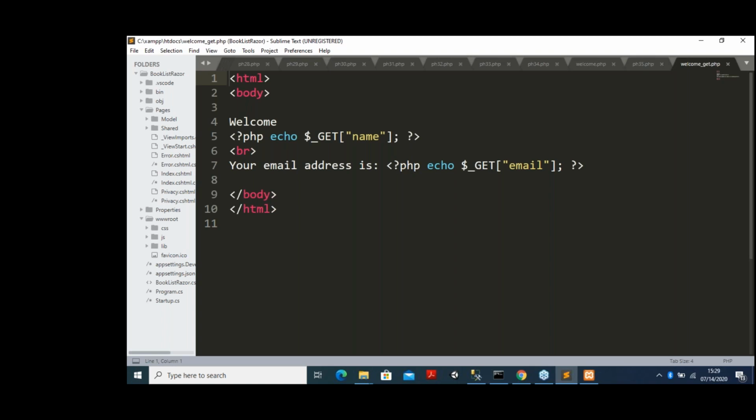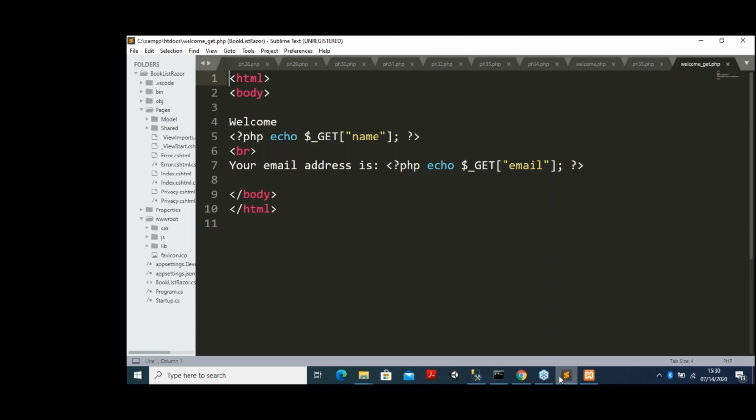So what is the difference between GET and POST method? I'll show you. Don't worry at this moment. Just try to understand what I am changing. So I am changing it to $_GET after this echo. There I am putting $_GET. Here also I am using $_GET. The remaining are all the same as you typed. So it is welcome, and the first one it is taking the name. Then welcome Gunamani. Your email address is, you are taking the email. This is your email address. Okay, now let us run this program.